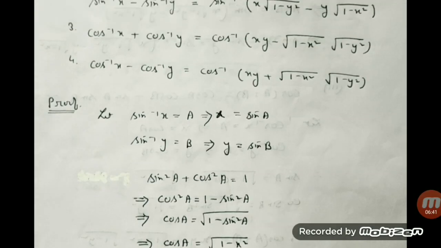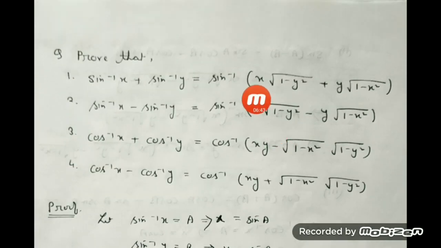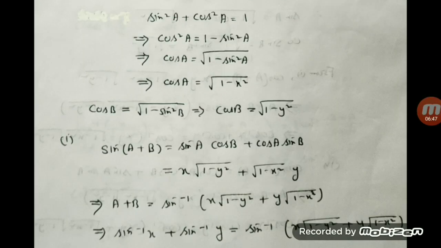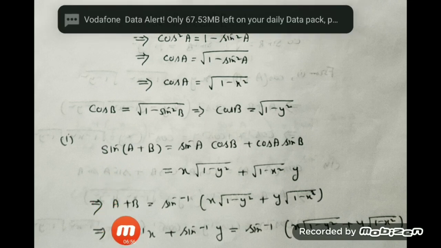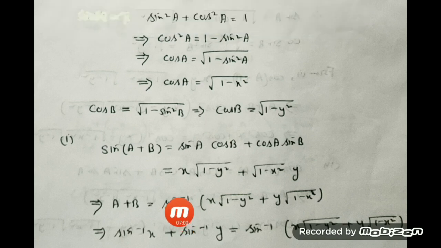Right? You can compare it. You have this one: x into under root of 1 minus y square plus y into under root of 1 minus x square. I can change the position. Okay, then I bring this sine to the left side. Here, if you want, you can write down sin of A plus B. Then bringing sine to the left side, you will have what? Sin inverse is on the right side, so it becomes sin inverse of x into this portion. On the left side, only A and B will be left.